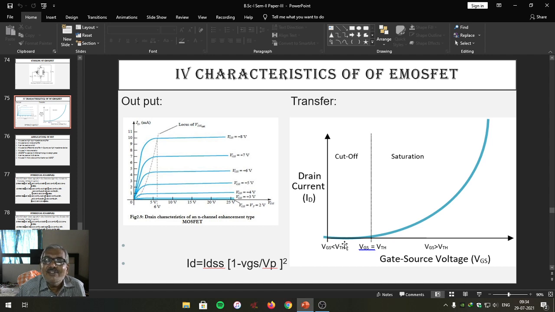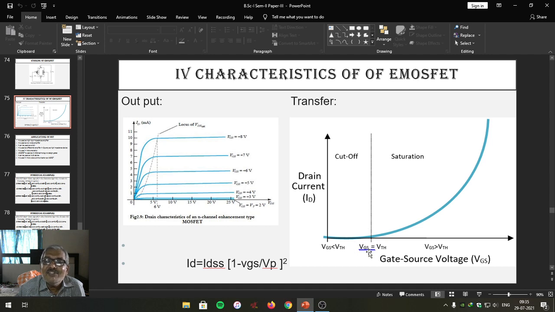As you go on increasing VGS, till VGS becomes equal to the threshold voltage value, at which within the P region negative charges are enhanced. Due to increased VGS, on the gate side positive charges will be developed to the left side of the SiO2 layer, which is going to act as an isolating layer, insulation layer, dielectric material, and to the right side within the P region negative charges will start developing. So that takes place when VGS becomes equal to VTH.